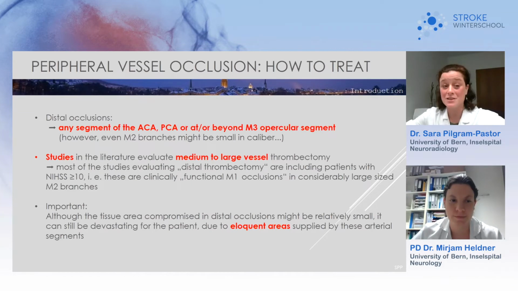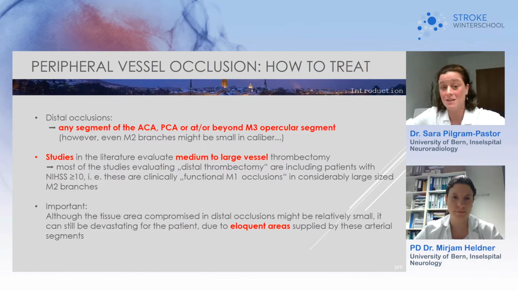Some more facts and information. Why is it so difficult to talk about? First of all, the definition. What is a distal occlusion? In our terms of understanding, distal occlusion is any segment of the ACA, the PCA, or beyond the Sylvian point, M3 opercular segment. However, even an M2 branch can be very small in size and can be called so-called